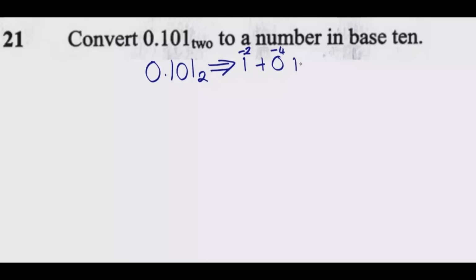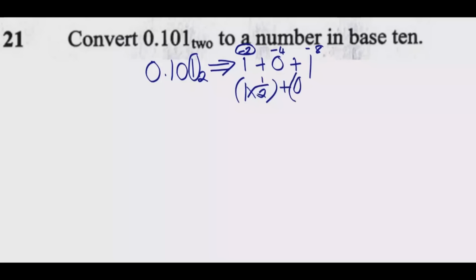Then plus 1, this one now here has the place value of 2 to the power of -8. Now we can just multiply these or convert them into fractions. So this is more or less like 1 times, now since the exponent is negative, that means we are multiplying by 1/2, which is half, the whole of that plus